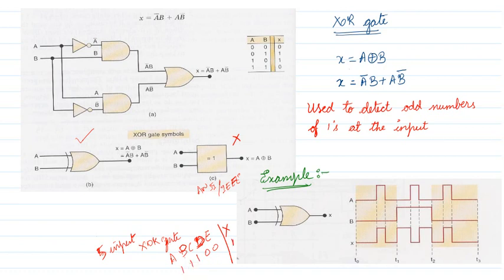Now you see, the input is A is 1, B is 0, C is 0, as an example I am giving. D is 0, E is 1. How many 1s are there? 1, 2. 2 is an even number, so the output is 0. That is why I say the XOR gate is used to detect an odd number of 1s at the input. So the symbol for the XOR gate is this OR gate with a curve here, and this is the notation. Notation means symbol; writing-wise I can write it as plus and circle. This indicates the XOR gate.